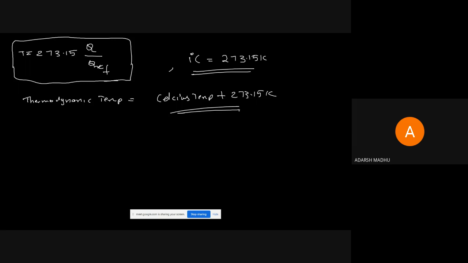So what is thermodynamic temperature? It is the Kelvin scale. It is defining the Kelvin scale. We can use the particular value of degrees Celsius plus 273 to get the overall thermodynamic temperature value. So that is absolute thermodynamic temperature.